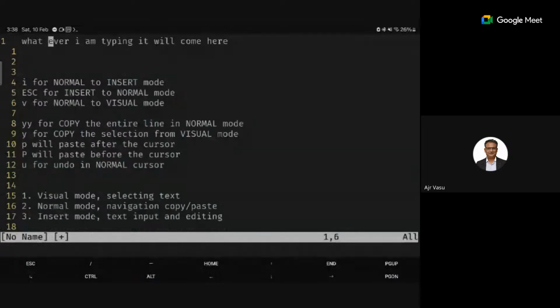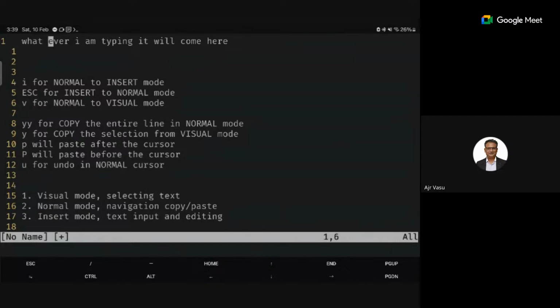So let's say I take this one. Let's say I want to select the first 4 characters only. I'll go here. I go into the visual mode. I'll press V. Then I can use L to go to the right side. Okay. Now I press Y. Now I'm using Shift P because then only the word will come before the current word. Or else it will come in the middle.